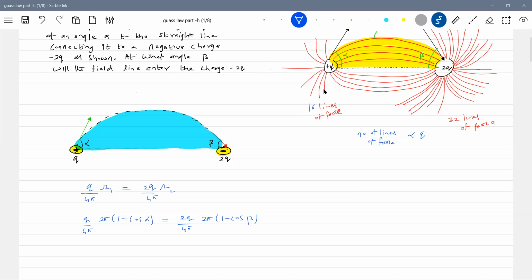So you have to interpret this separately. So what is Q by 4 pi? Lines of force per unit solid angle at point charge Q. Lines of force per unit solid angle at point charge Q into solid angle will give the number of lines of force in the tube at Q, and that should be equal to the number of lines of force in the tube, because the number of lines of force in a given tube should remain the same. What is the basic idea? Number of lines of force in a tube.